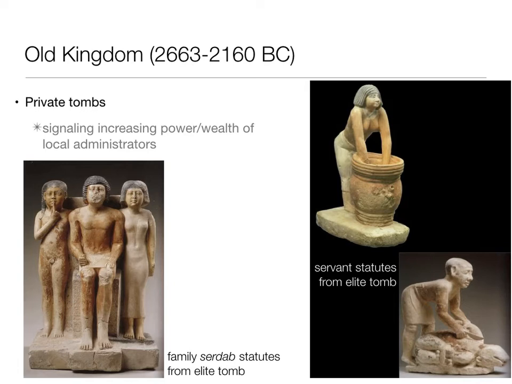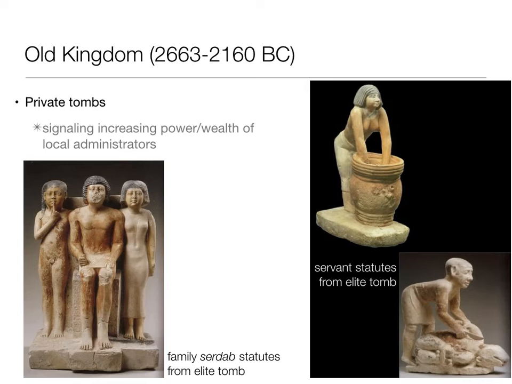So we have, you remember we talked about Serdab statues that are symbols of the king, representations of the king, where he's seated inside of a chapel, looking out a window over his kingdom, and his soul can gaze out the window. And we see these with private individuals as well. On the left here, you can see a private family, an elite family. The father seated, and the wife next to him, and then a child.